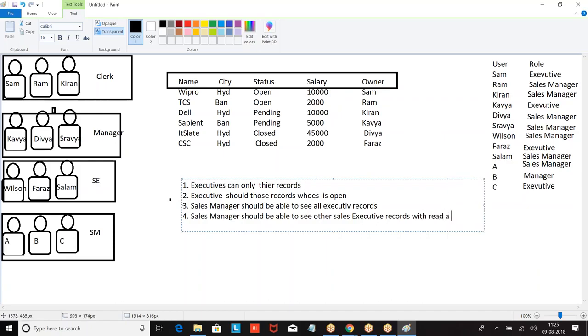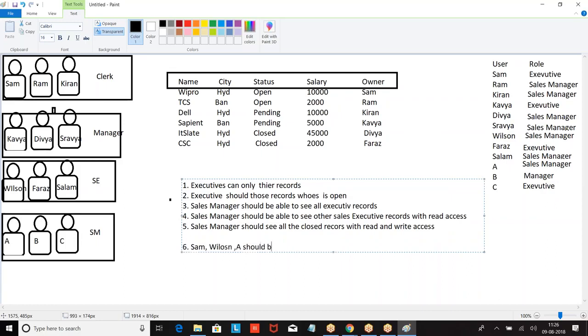Read access. Sales managers should see all closed records. Sham, Wilson, and A should perform read, edit, delete.